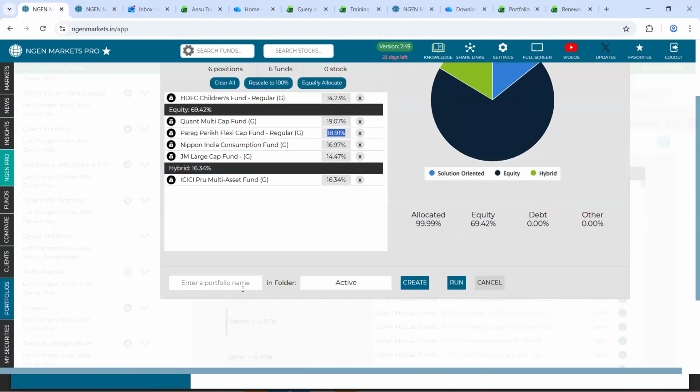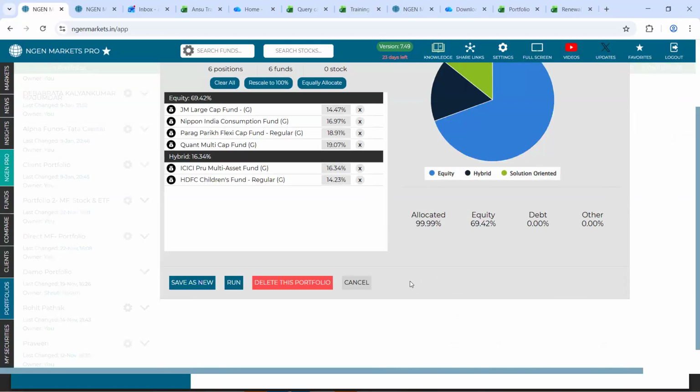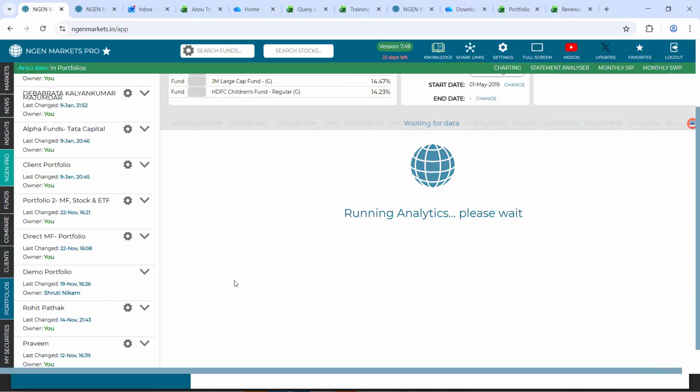Post this, you can give a name to this portfolio. And then, as I highlighted, create will ensure that the portfolio is saved into your login. And then you can click on run to go forward with a portfolio level analysis.